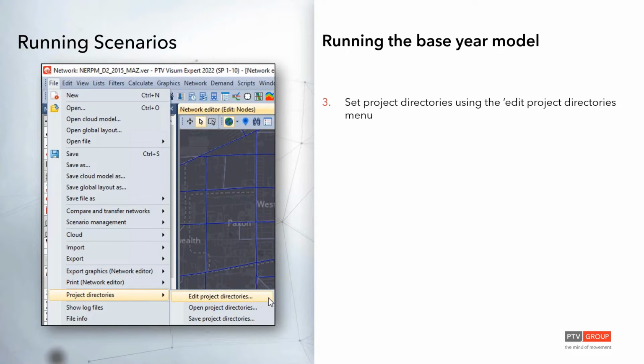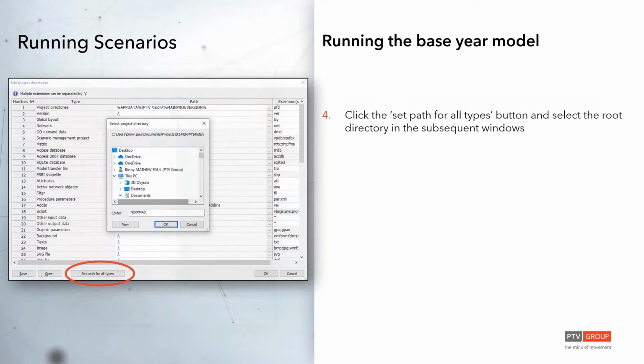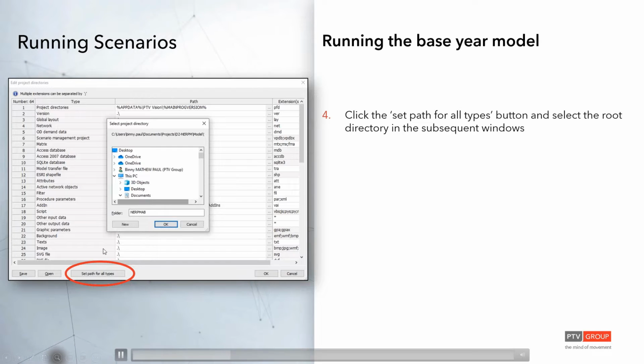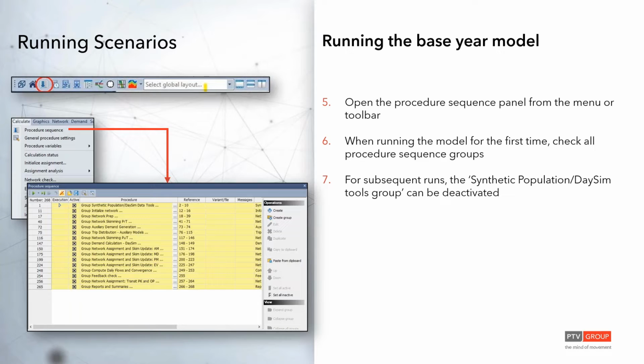But Visum, I think by default, does have an option to get the current working directory. But this is just to be on the safe side, to be sure that your root directory is what you want it to be. All right. And when you open the project directories, it would open this box where you can select your working directories. And then after that,